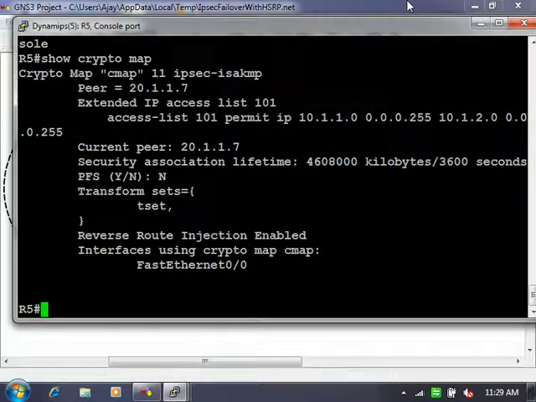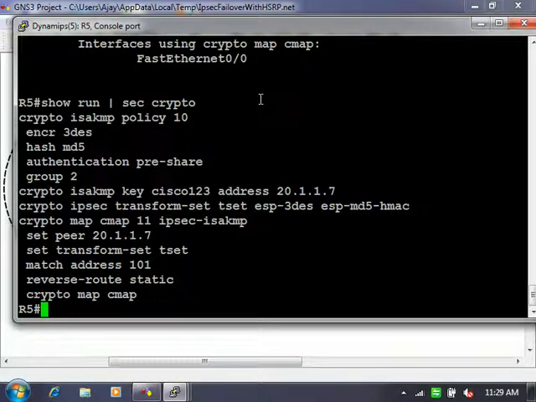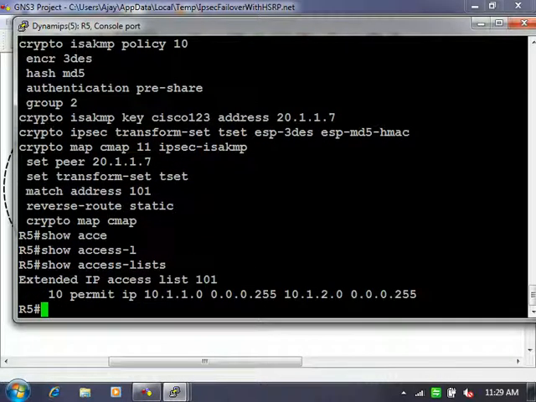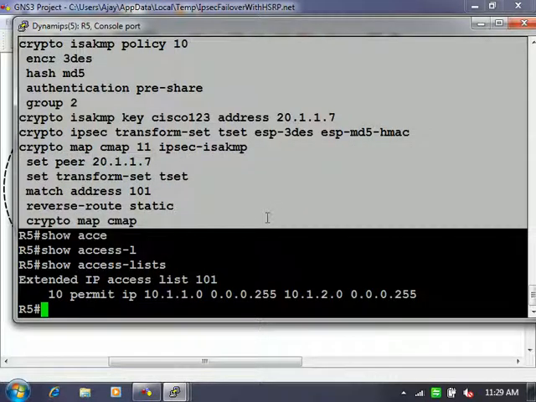Okay, we have still. So whatever we have configured so far over here, the same thing we have to have in R6. So we'll copy from here to here.